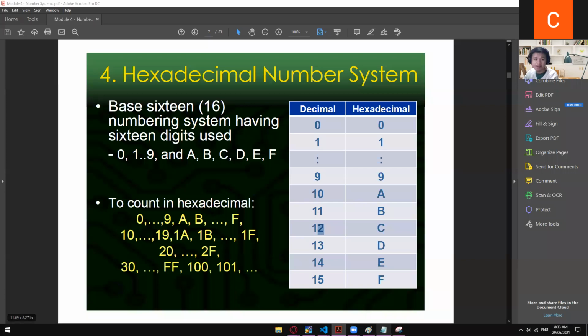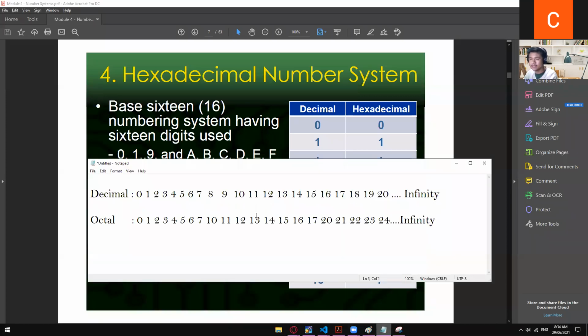Yes. So the question of Mr. Christopher is, only up to 15, sir? Well, if we're talking about hexadecimal, then definitely yes. But of course, you can exceed as many numbers as you want. When it comes to hexadecimal, we can have a maximum of 15 in a single digit, but you can exceed that and it's still hexadecimal. Of course, that's a different counting again. So 0 to F is 15. And once you exceed that, you go back to 10 to 19, and then 1A, 1B to 1F. So for you to be able to see the difference,